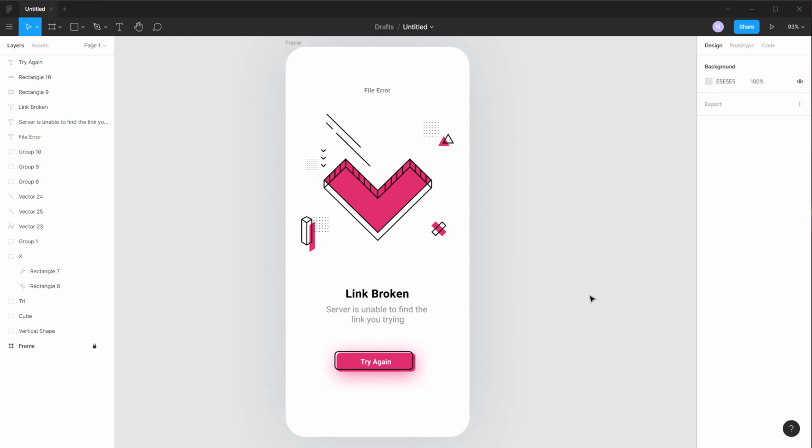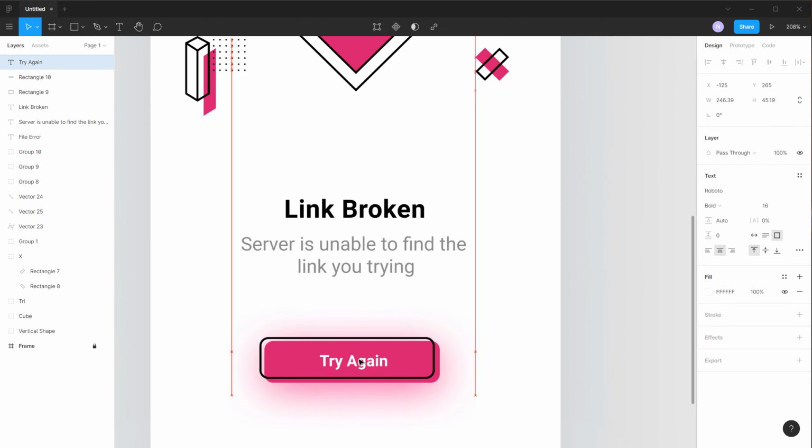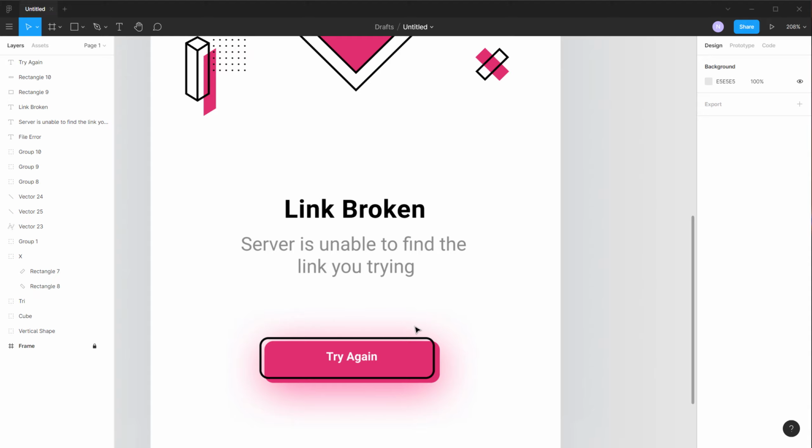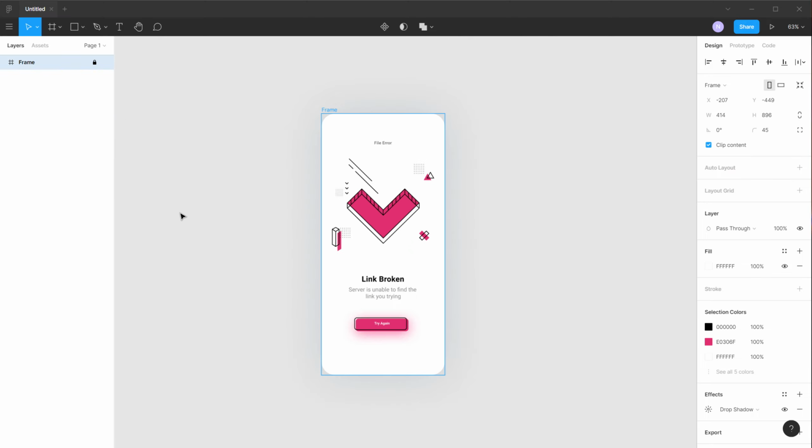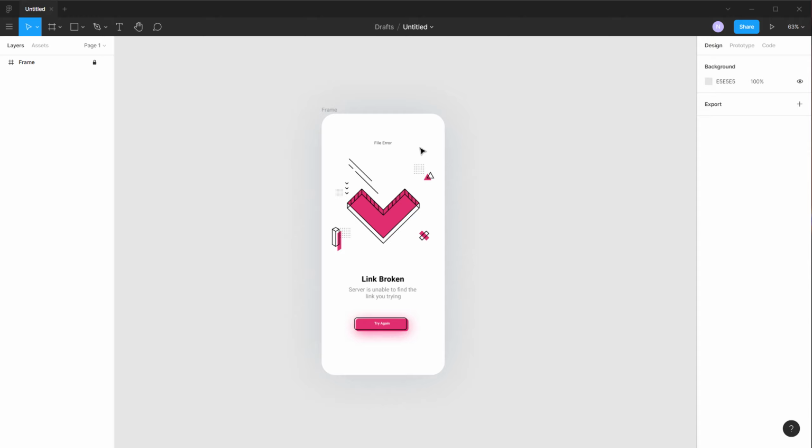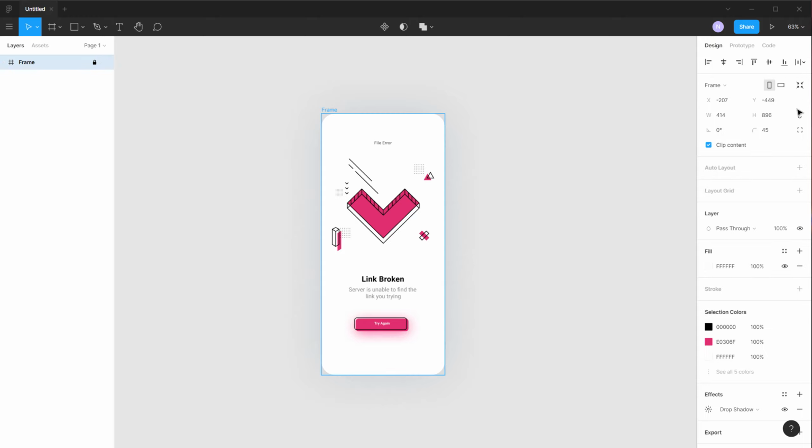So that is it. Let's finally adjust the text. Maybe I'll bring down the text size to 14 or 12. All right, now let's go ahead and export it, but before that I want to get rid of the shadow that we have added onto our frame. So I can simply just delete it, make sure the frame is selected, and go into export